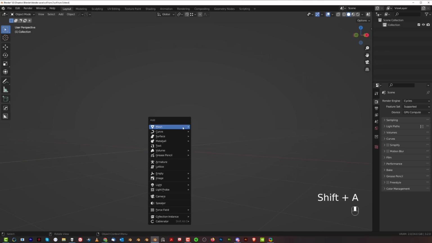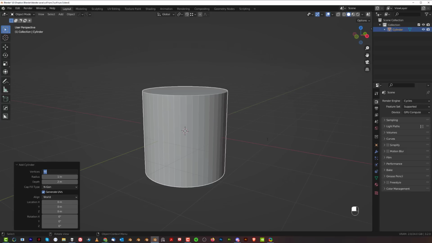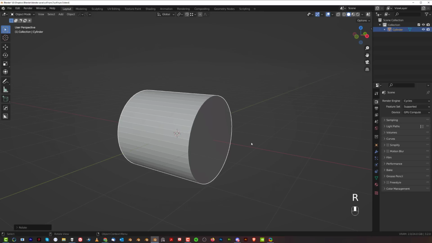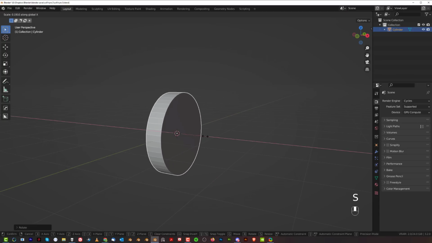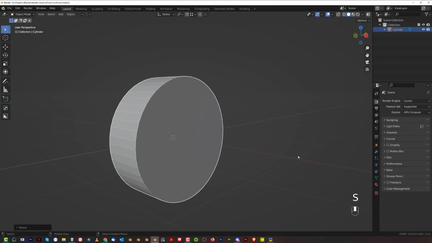So let's grab a cylinder, and we're going to change the number of vertices to 50. If you don't see that window, just click here and change from 32 to 50. We're going to rotate it on the Y axis, so R Y 90. Scale it a bit, and let's make it a bit more wide. Let's scale it on